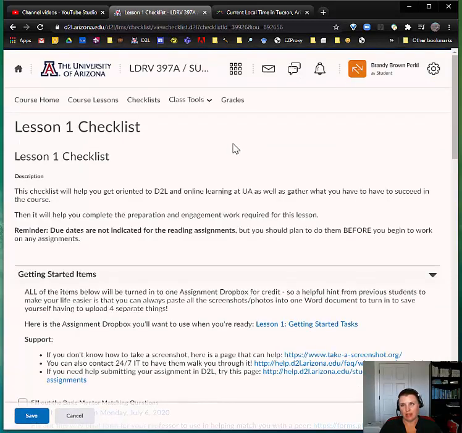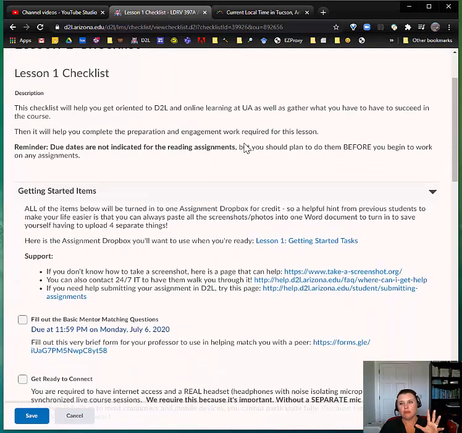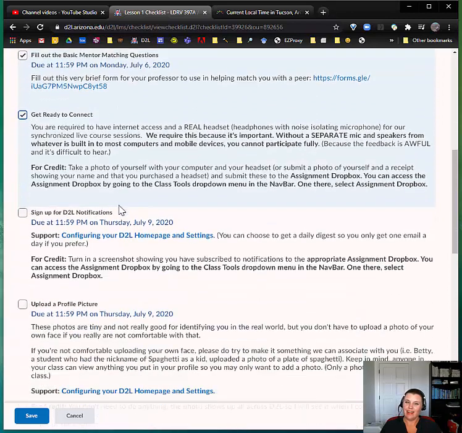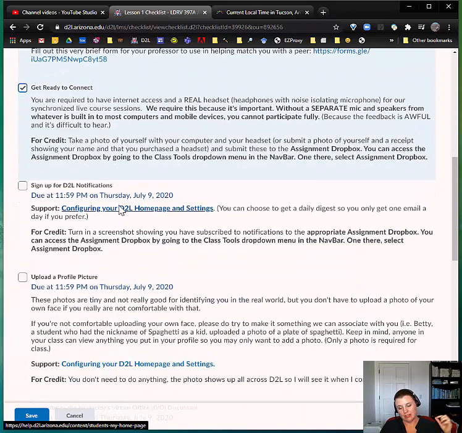Right, so here's your lesson 1 checklist. So what this checklist is going to do, and these are like this for every class, is just make sure that you know exactly what you need to do in the class to do your first lesson. It also has when things are due. If the due date has passed, this will turn bright red. So that's not good. Checking this doesn't actually turn anything in. It just helps you keep track. So if you've done this, you can check it off. I'm a little checklist obsessed, so I really like that.